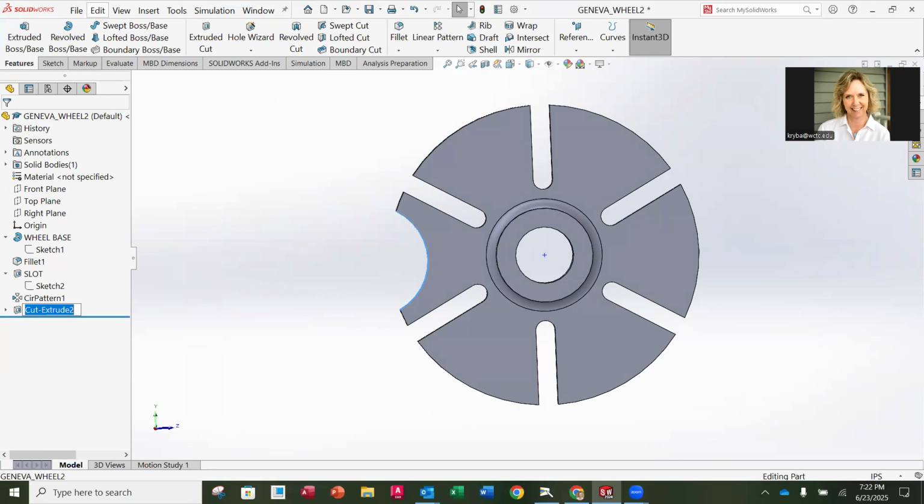Yeah, I know. Sometimes you're like, what do I call it? It's not a cut extrude. Sure. Wide slot. Okay, good. Wide slot. Well, I want to expand that out so that I can see that my sketch number 3 is